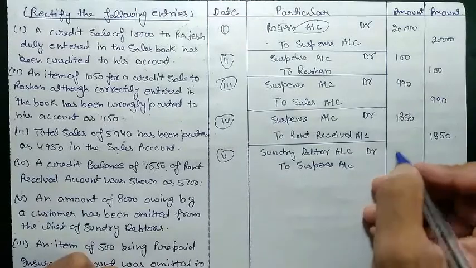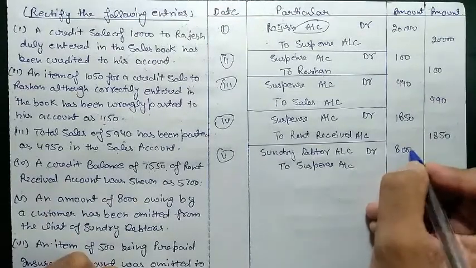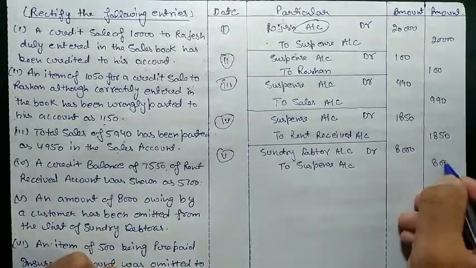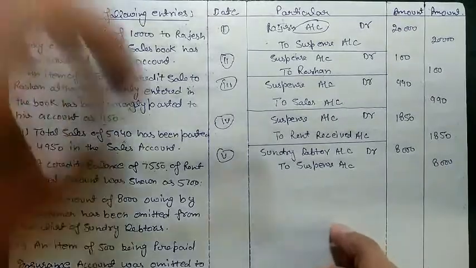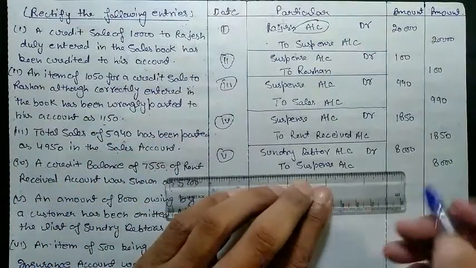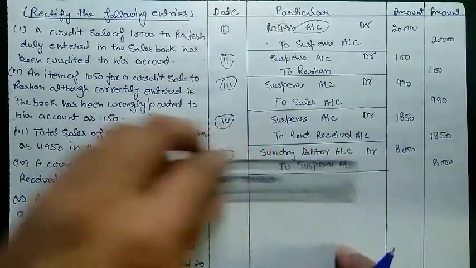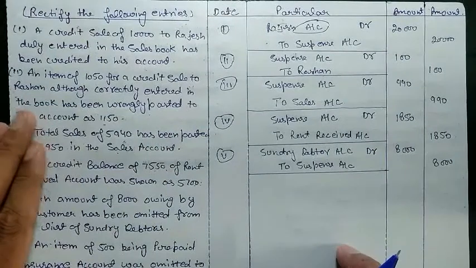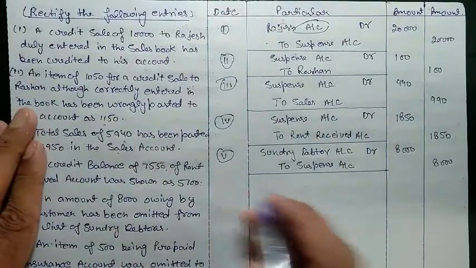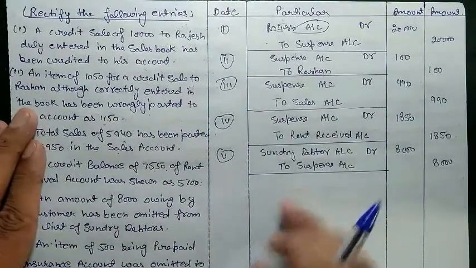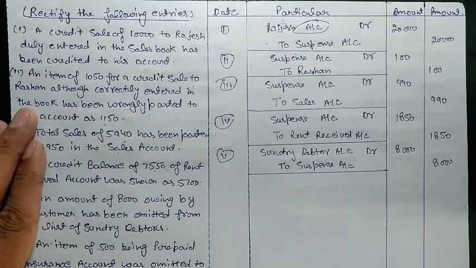This is the simple entry of omission in which we forgot to take one of our debtors. While we are making a list or maybe a trial balance, we forgot some of our accounts to mention in the trial balance or in making our accounting entries. So we will take sundry debtors, because we know sundry debtors always have a debit balance, because these are assets for us. These are the persons from whom we are going to receive our money.